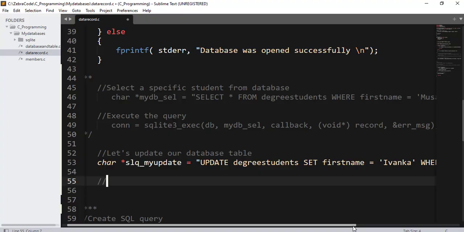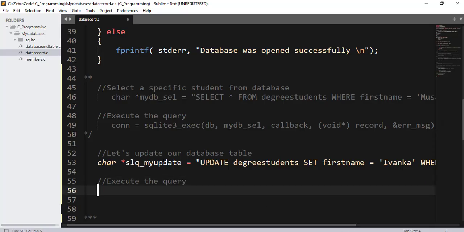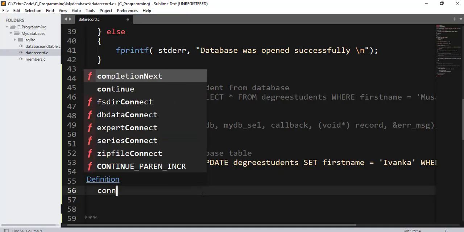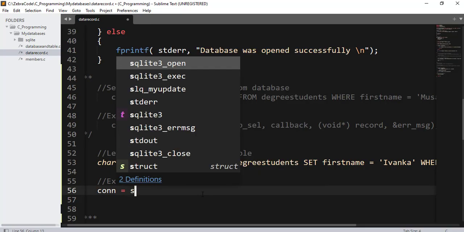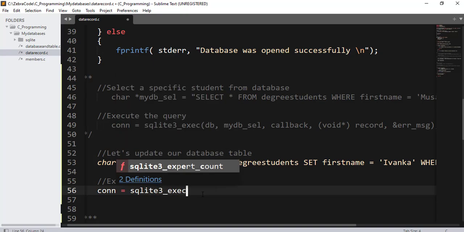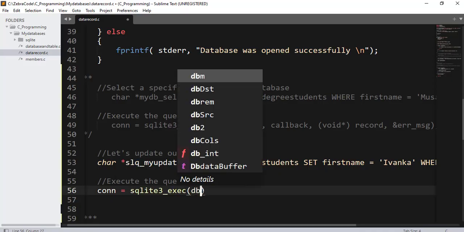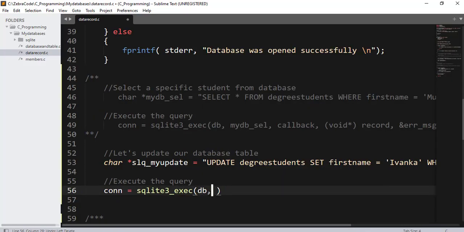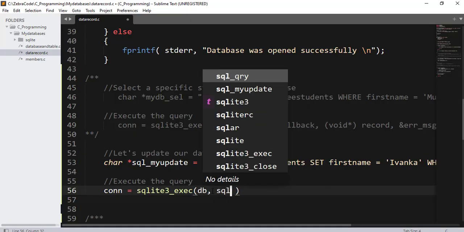Now I will leave another comment here. Execute the query. So let's execute this very query that we have created here. That will be con equals SQLITE 3 underscore exec db comma. Actually, there is a typo here. This should be SQL. That's better. Okay, now let's call that variable SQL